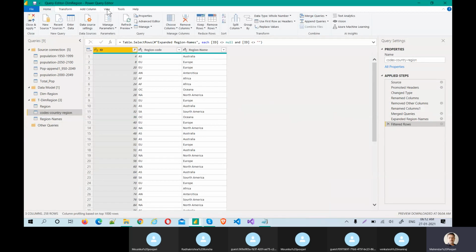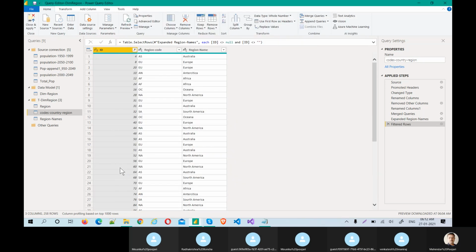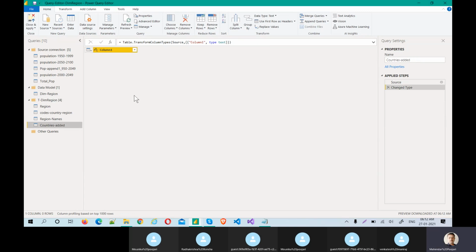So now I'm going to enter it, but how to enter that? Let me create this first. Countries added. Let's create this table. This is a blank table for now. Nothing is there. This table is automatically added. Let's come to this.